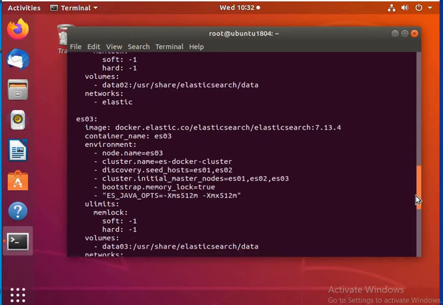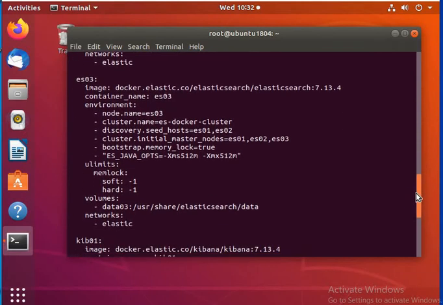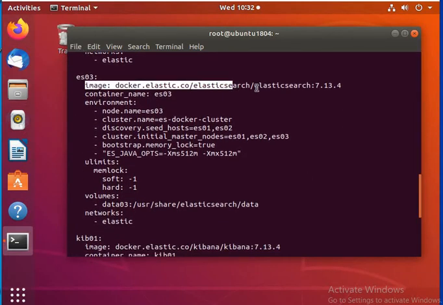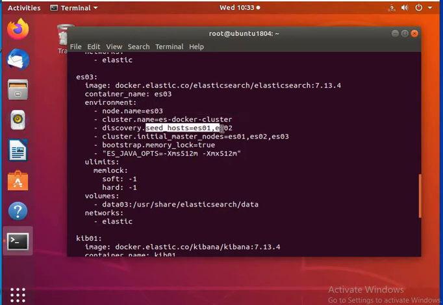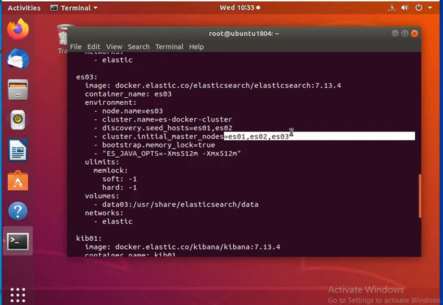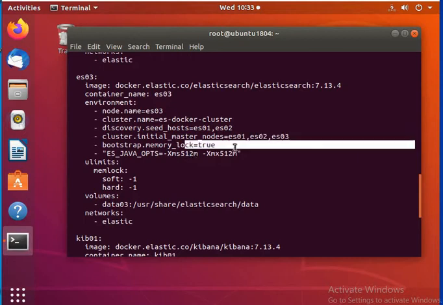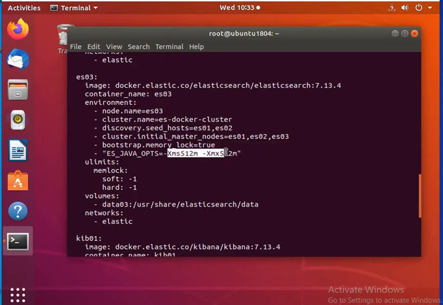Then coming to ES03, it's again the same stuff. We have an image, we have container name, we have environment, the name is 03, and then the discovery seed host will be 01, 02. Cluster initial master nodes will again be the same, ES01, 02, 03, then bootstrap memory lock is true, and then we have Java option as min and max 512.